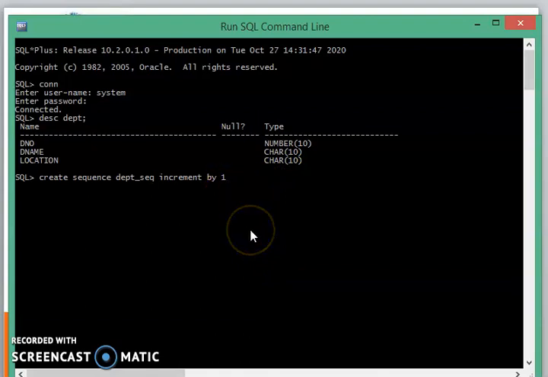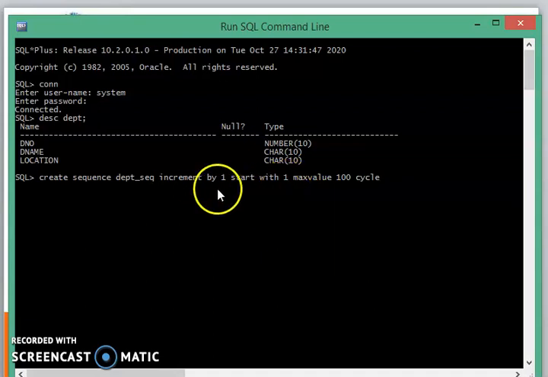Then start with 1. Then after that max value 100. This is the maximum value for the sequence. And then the keyword cycle. The meaning of this keyword cycle is that after 100 the sequence will start again with 1.